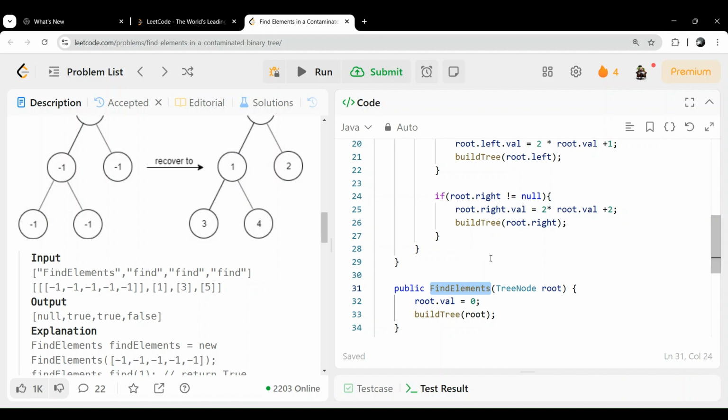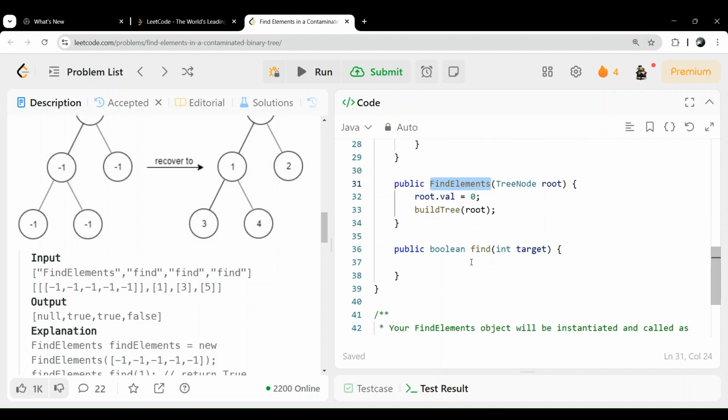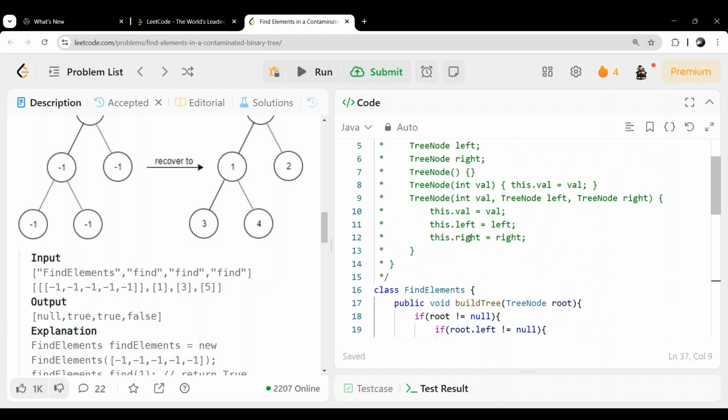If we store those values in a set at that time, it will be easy to find and return the result. Here it does not ask for the count of how many there are. If it did, we could use a map. Instead, we can use just a set.